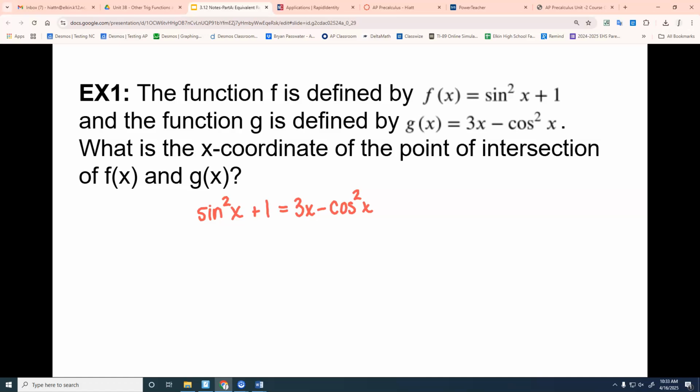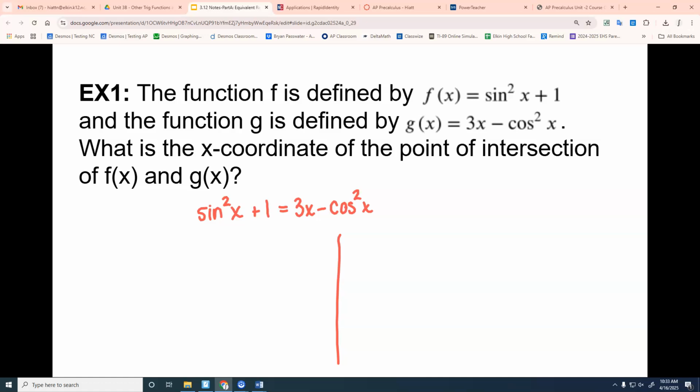So one way that I can do this is I've got to be thinking of my trig identities. I've got to have them burned into my brain, and it just pops right up. And I know sine squared plus cosine squared equals 1. Currently, I do not have sine squared plus cosine squared. But